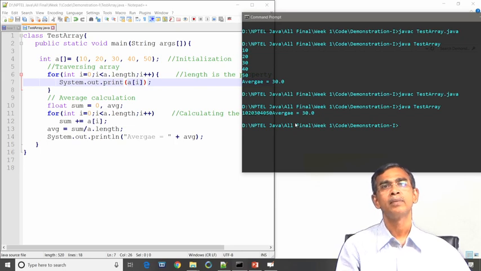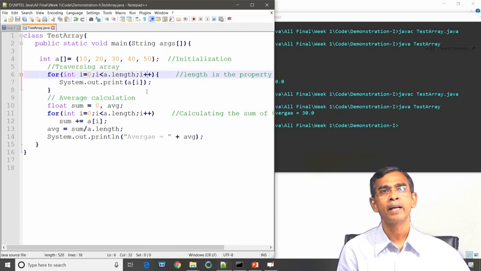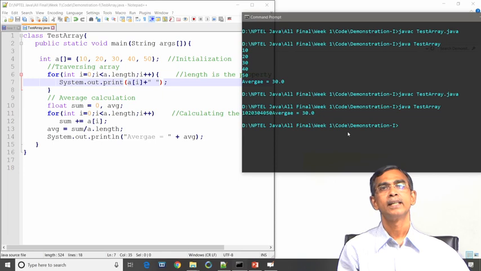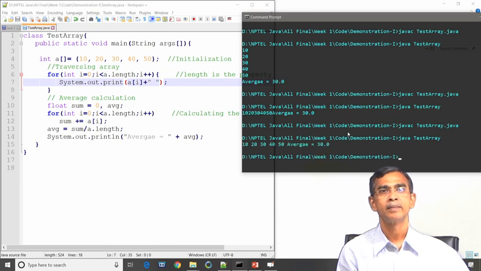I can put a single space. So, I can go to the print again, print a[i] plus, within double quotes, a blank space. If we give a space, the display will be quite comfortably visible. So, we make the print statement like this.